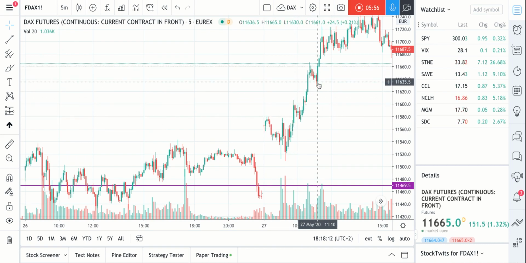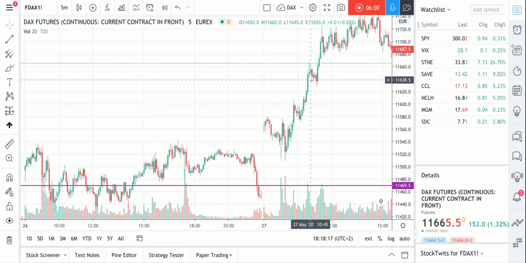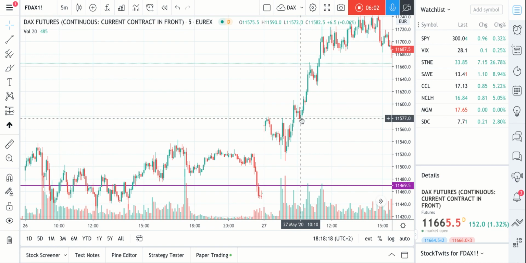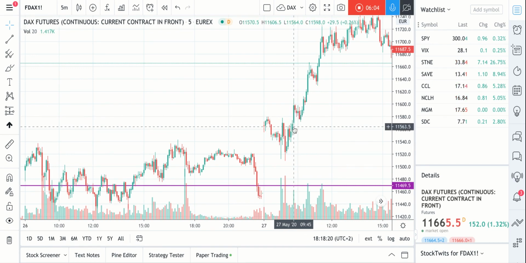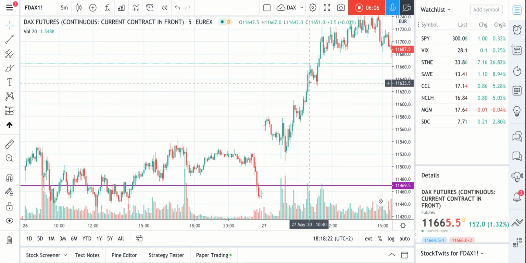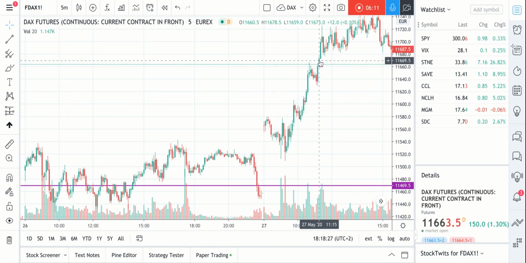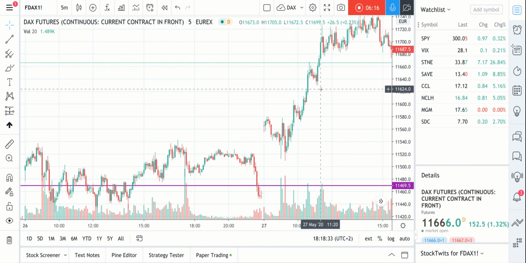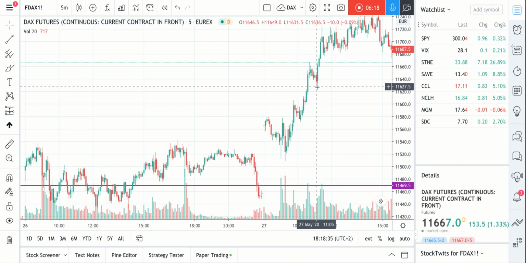Here we can see there is a full correction. The market made a lower low several times, but not here. No lower low than this one. So this is a valid correction, a valid rose hook for me. So here on this bar on breakout, there would be another long entry with stop loss a few ticks below this